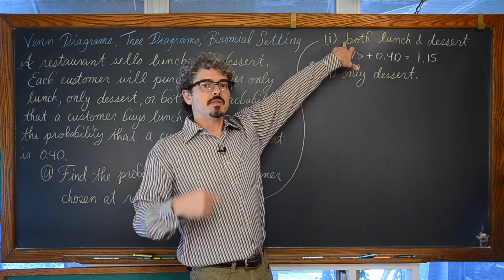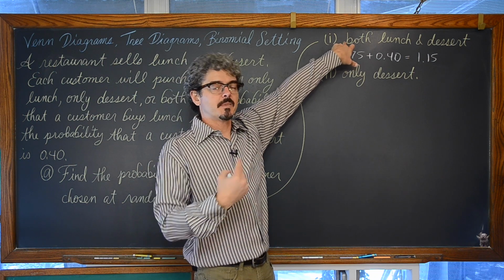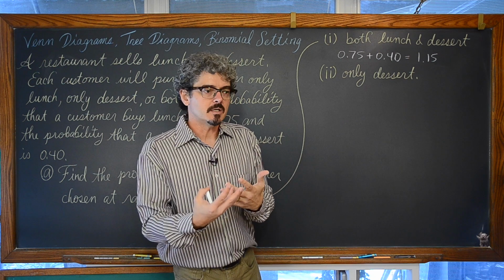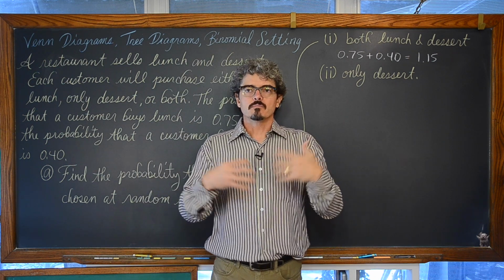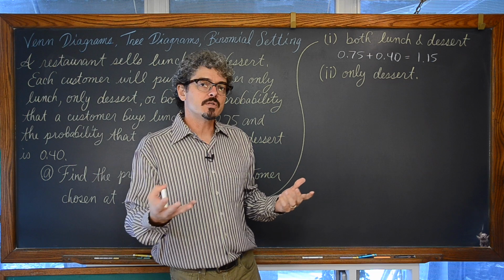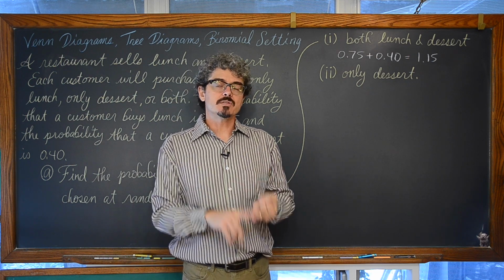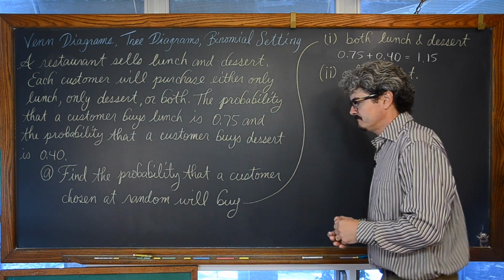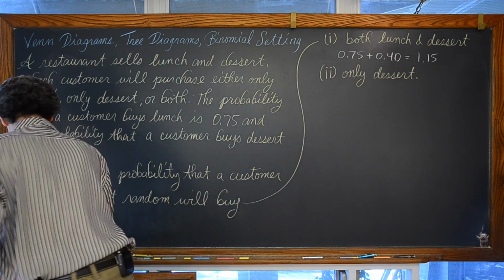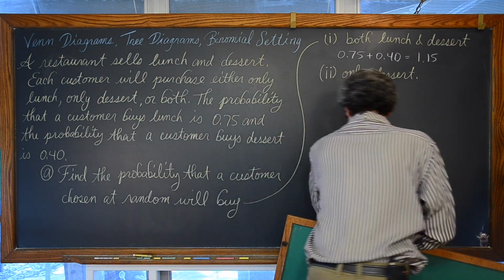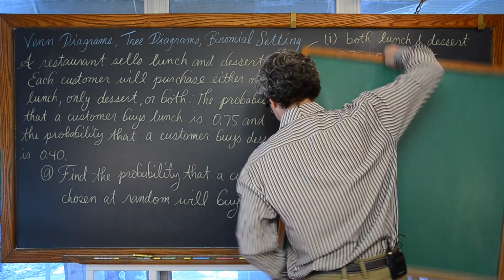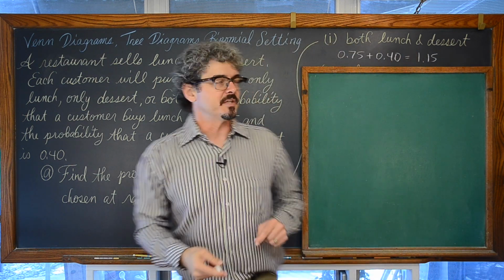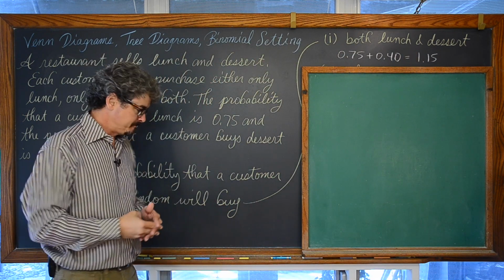This is not a probability of A or B equal to the probability of A plus the probability of B. That rule is only good when A and B are disjoint events, meaning there's no way they can occur together. That's not what we have going on here. When you go to a restaurant, and it even says it in the problem, you can choose both. So, how are we going to find the correct probability for part A1?